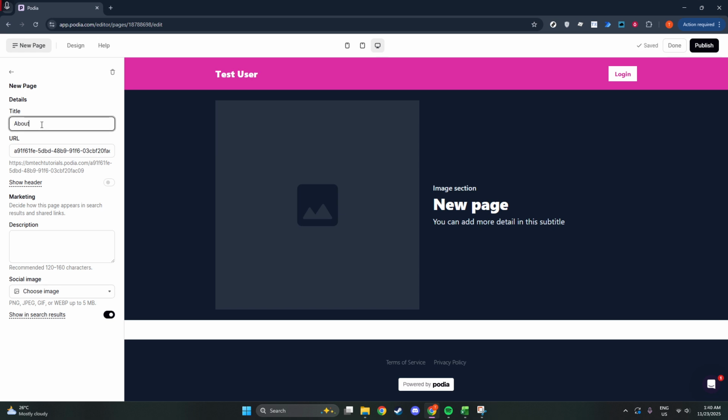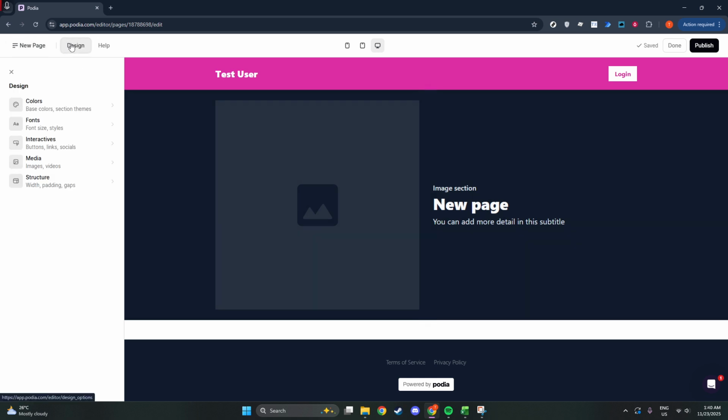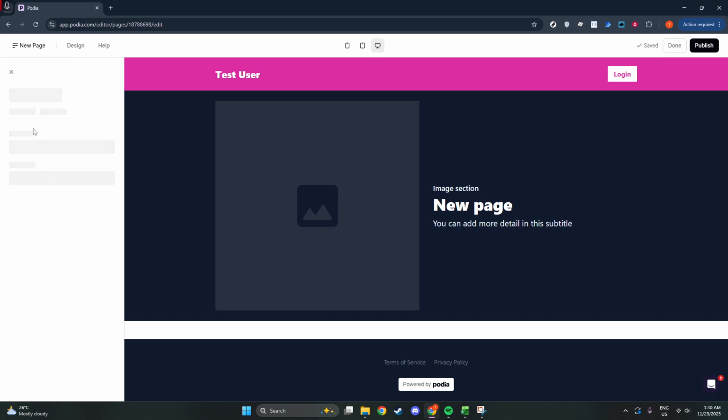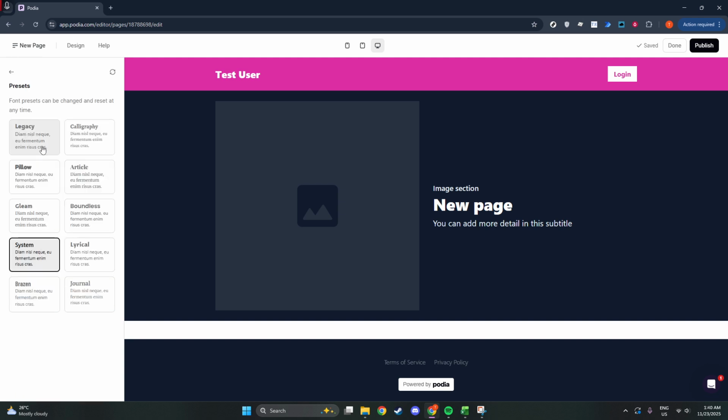Next, set your global design. In the Site Builder, you can define site-wide colors, fonts, and interactive styles, like how buttons and links look. These global settings keep everything cohesive across every page and section. Choose fonts that are readable on desktop and mobile, and use a color palette with good contrast so your text